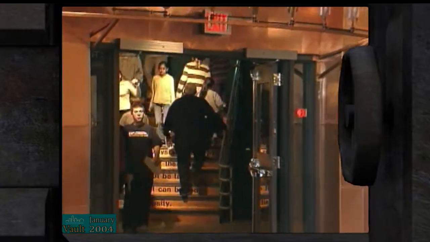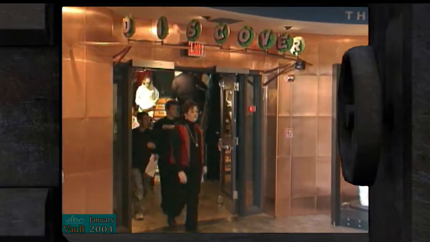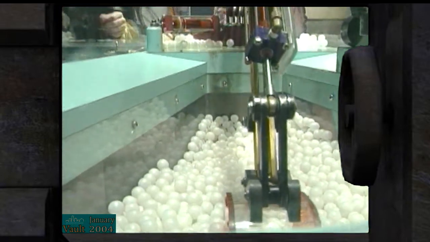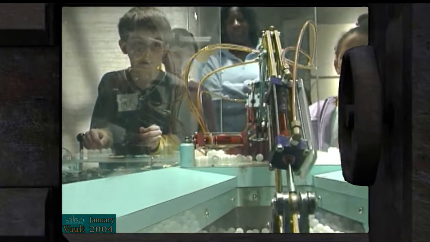About 150,000 people come here annually, about 60% of them school groups, to experience over 150 hands-on science and technology exhibit stations. It was originally called Science Etc., the Science, Economics, and Technology Center.